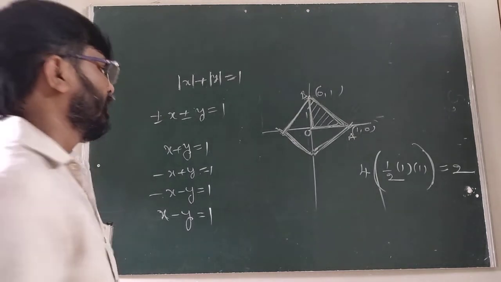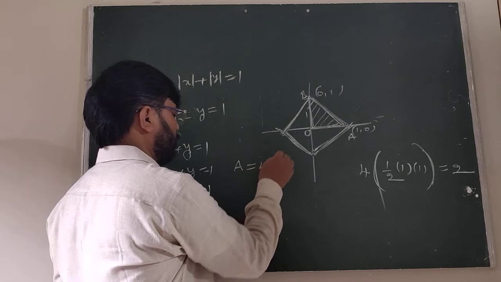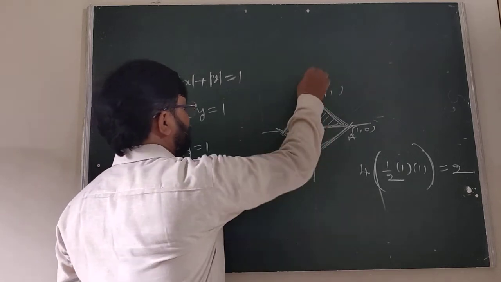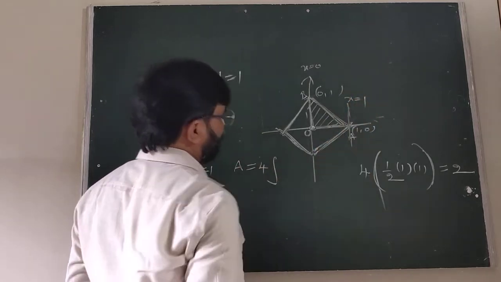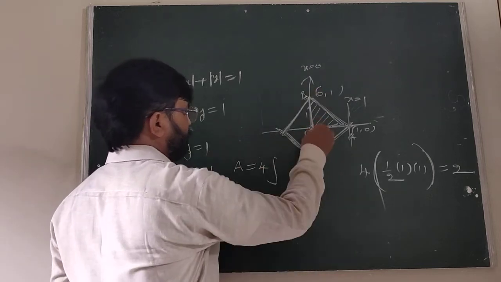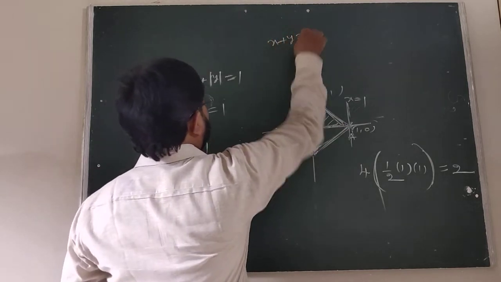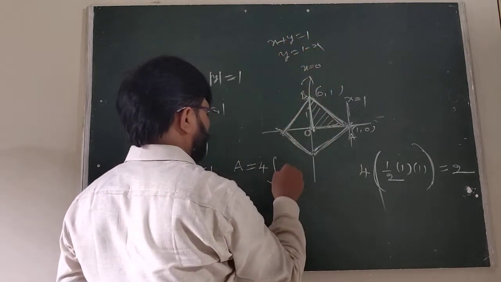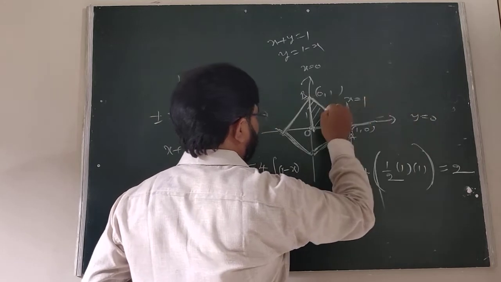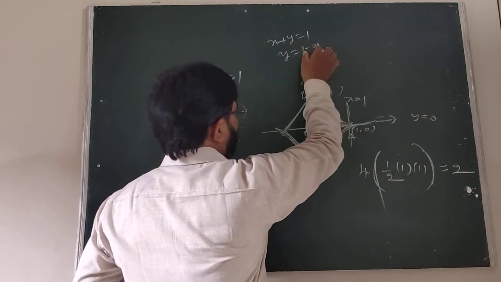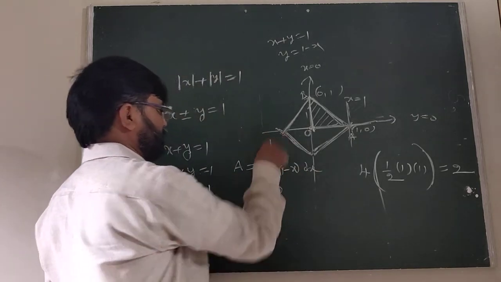By the definite integral, we can write the required area equals 4 times the integral, the limits are x equal to 0 and x equal to 1. This is the line x plus y equal to 1, so y is 1 minus x. Another curve is y equal to 0. This is y1, this is y2. So 1 minus x minus 0, that is 1 minus x whole, dx. We are taking the limits 0 to 1.